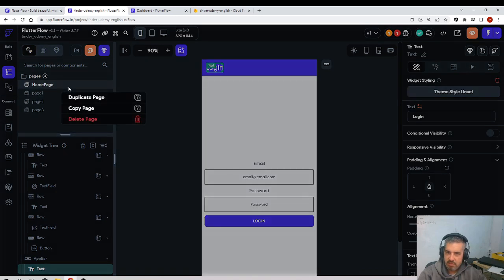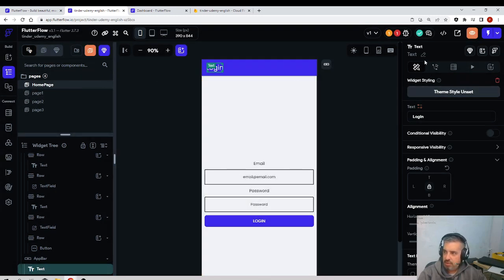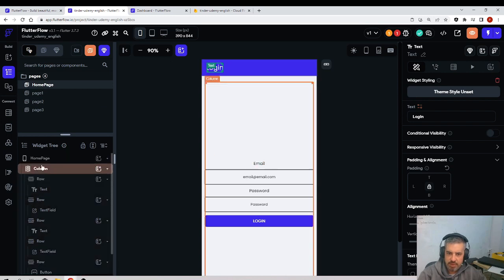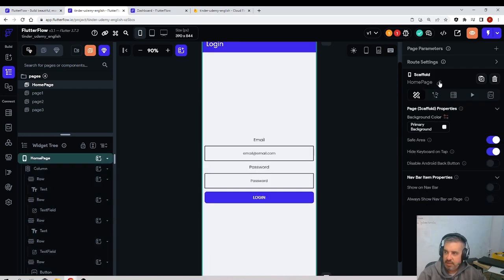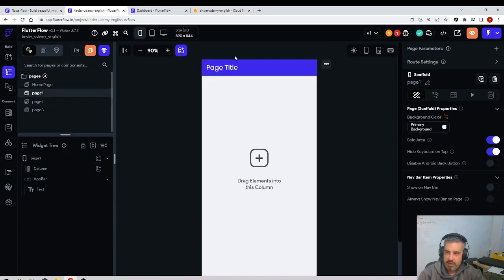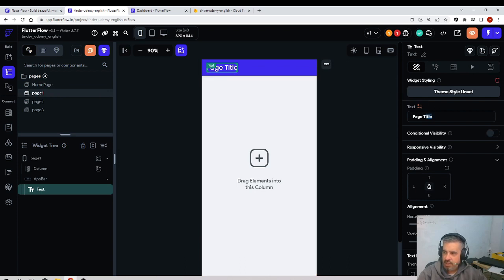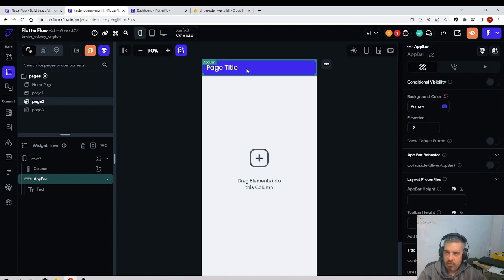So I will change the name to, I will select the page here at the page level, okay? And I will call it, no, I cannot change the name because if I change the name, I break something else. So for now, I will leave it. Page 1, it's page 1 here. Here I will put a title of,